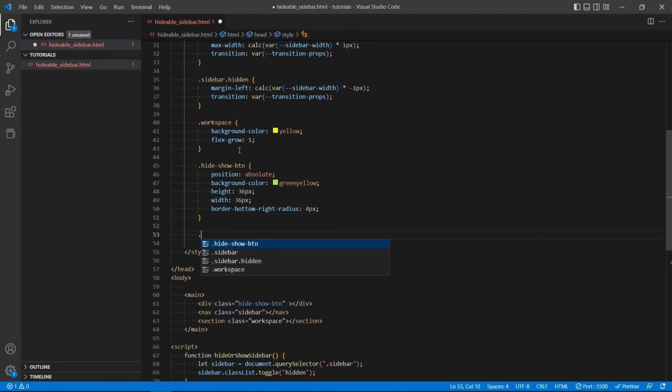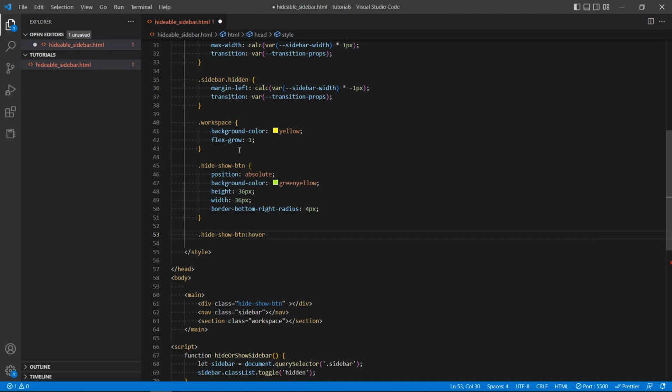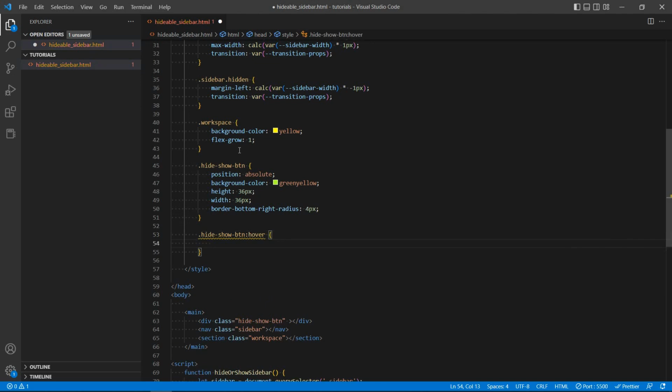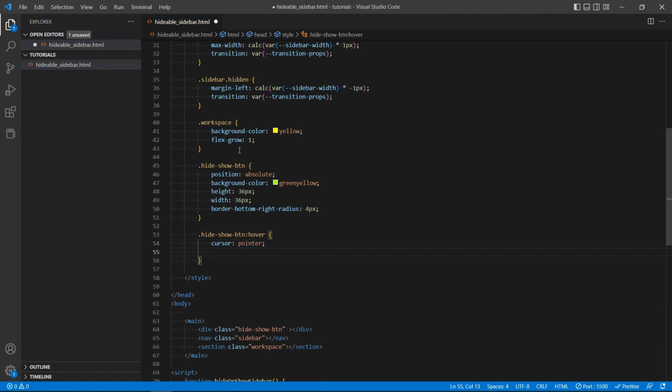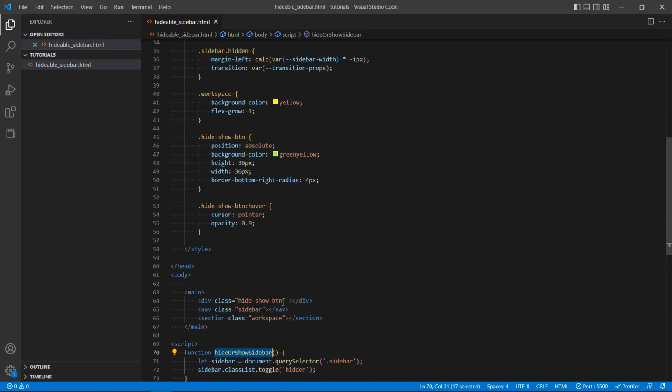And when we put our mouse over the element, let's change the cursor to pointer, and also opacity to 0.9. Okay, so this is how it behaves so far. And also let's connect this function here to the onClick event. So now hopefully it can work. Yeah, it works